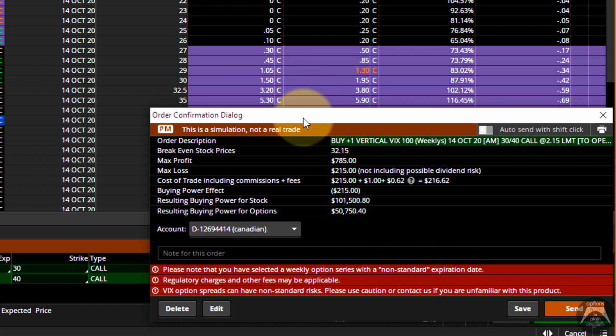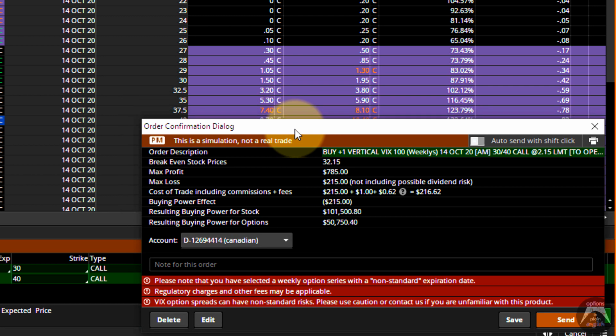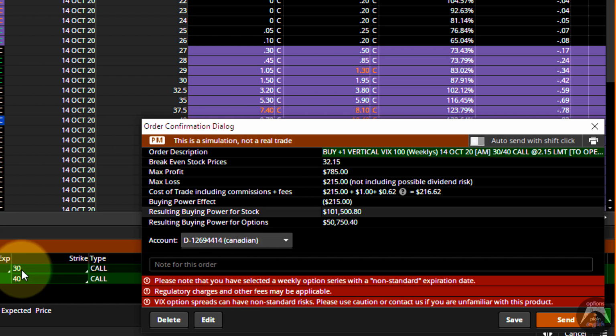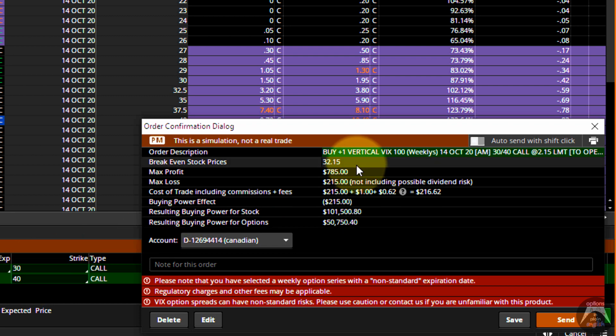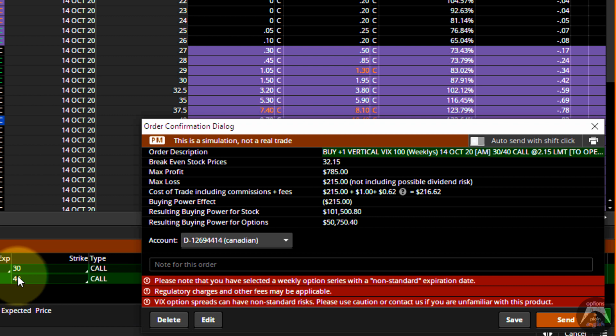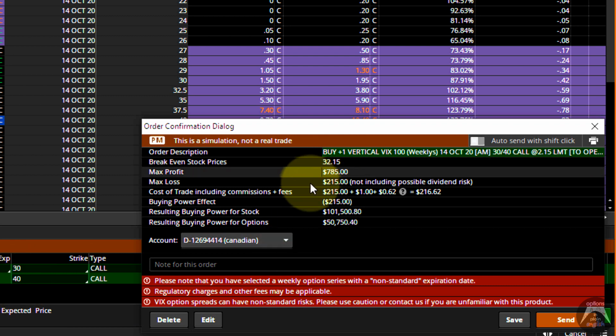If we look here, we talked about sizing. Okay, so sizing this trade is easy because it behaves the same way as an option trade would. So you have the 30-40 call spread. It's multiplied by 100, so 10 points in this spread means $1,000. So if I'm paying $2.15, then my break even is $32.15 because I'm buying the 30-40, and my max profit